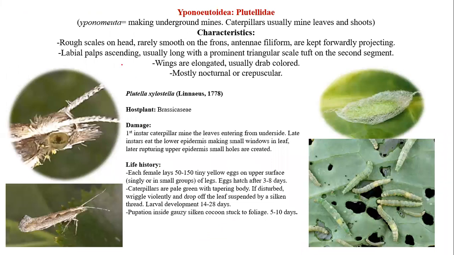Now the next family, Plutellidae, which belongs to superfamily Yponomeutoidea. The superfamily name Yponomeutoidea is derived from the word Yponomeuta, which means making underground mines, because most species of this superfamily have caterpillars which usually mine leaves and shoots. And I think that this family is very well studied, at least one species, which is Plutella xylostella. I think that in literature which deals with pest species, most importantly